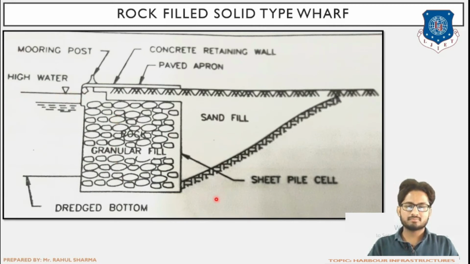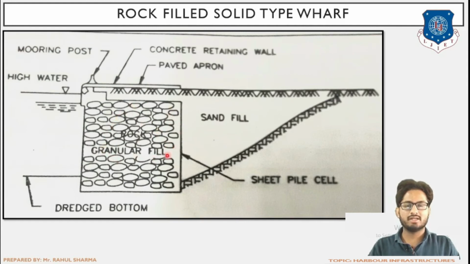Now here, as about the rock filled solid type wharf. The reason for it is that first of all there is a sheet pile cell, that is, this is sort of a cylindrical structure in which the filling has been done, that is, granules have been filled or small sized rocks have been filled. So that is the reason why the word rock filled has been used. Repeating again, this is a sort of cylindrical sheet pile cell, and inside this cylindrical structure, sort of the granules or